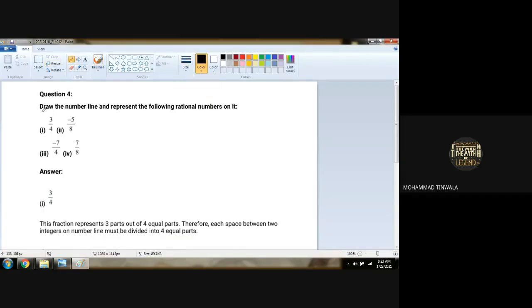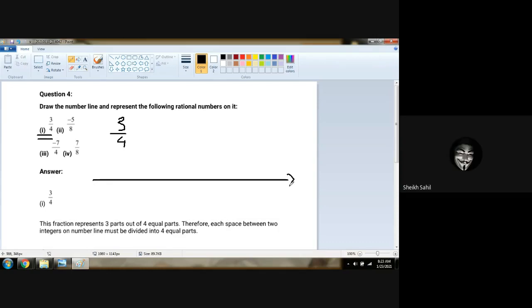Who will read this? Draw the number line and represent the following rational numbers on it. We taught you during the explanation how you have to represent 3/4 on a number line. If, for example, this is a number line, how will you place 3/4 on the number line? If we take 0, you know that 3/4 is positive, so the negative side we only keep as a name. We have to work on what numbers? Positive integers. Yes. So now between what two numbers will 3/4 be? 3.